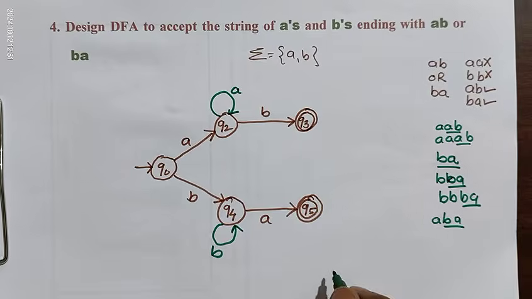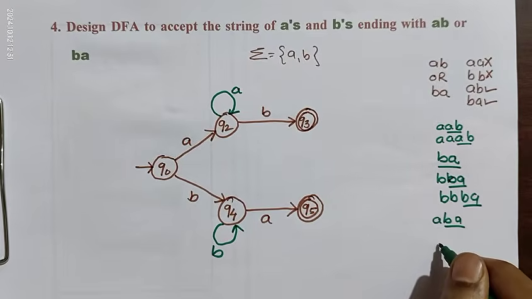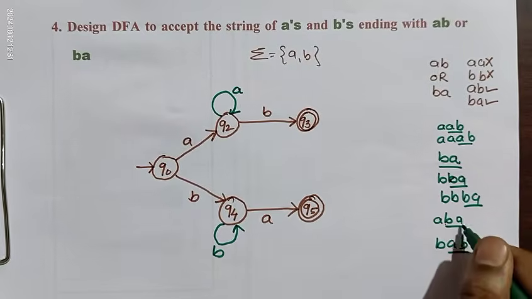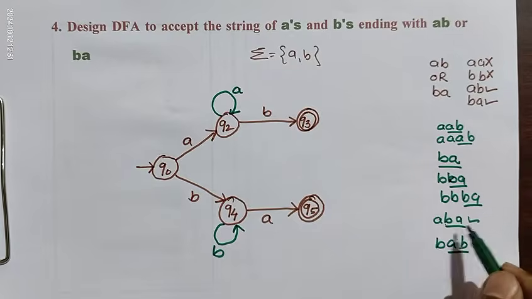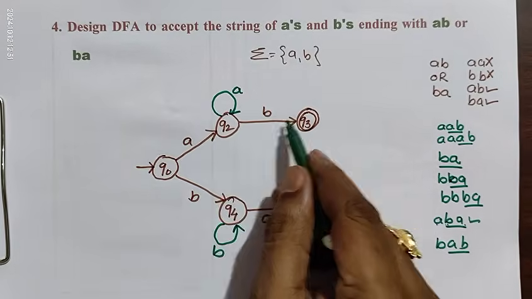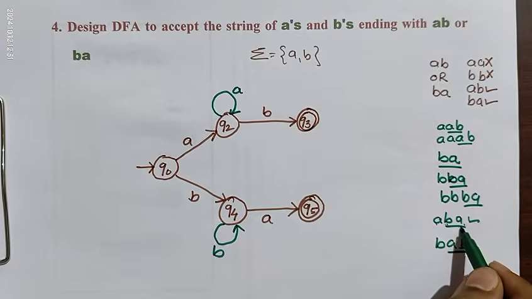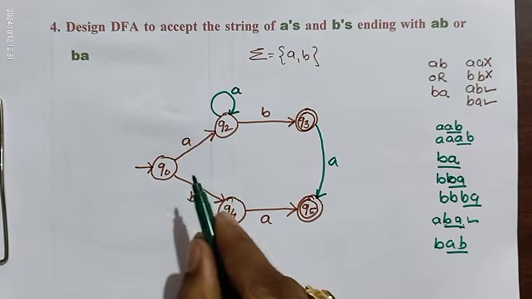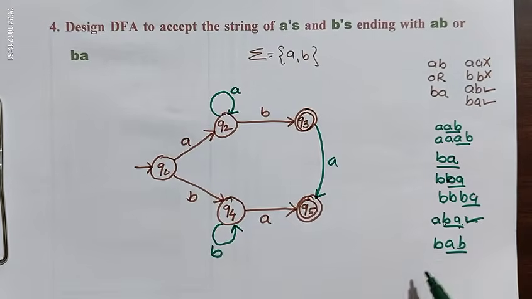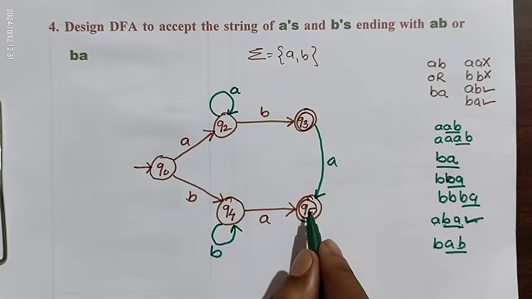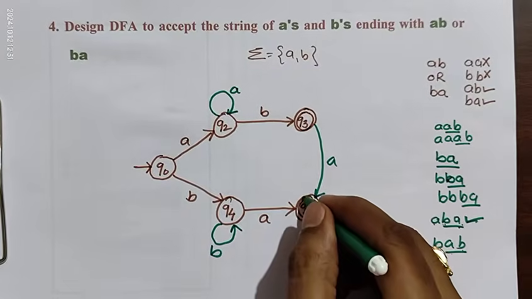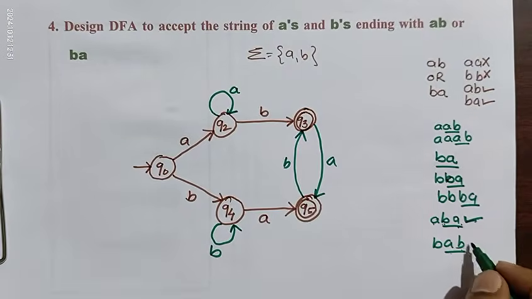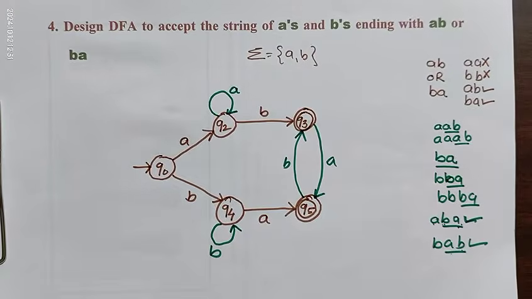Maybe our string is A, B, A. This ends with BA. Or our string is B, A, B. This also ends with AB. End with BA or end with AB. For the string A, B, A, from this state one transition on A moves to the final state. This is one transition on A. A, B, A, this string is accepted. Similarly B, A, B: from B, A we need one transition on B. B, A, B, this string is accepted. This is a string of length 3.